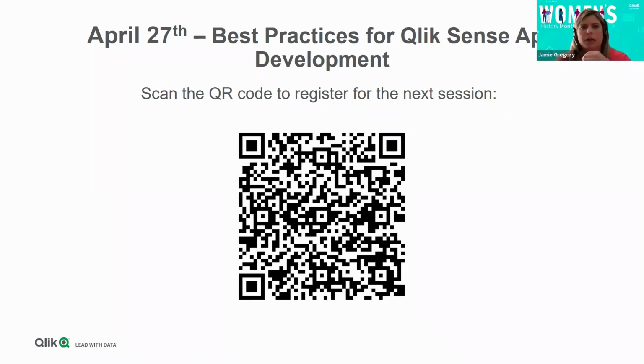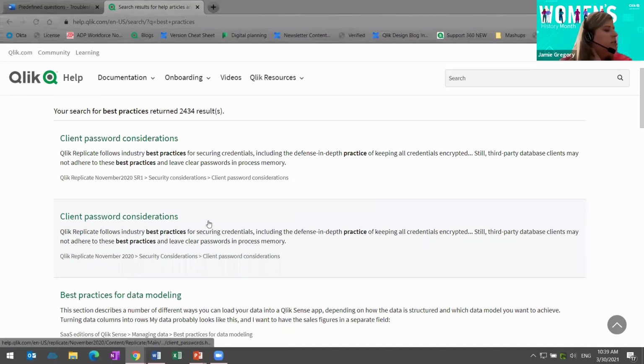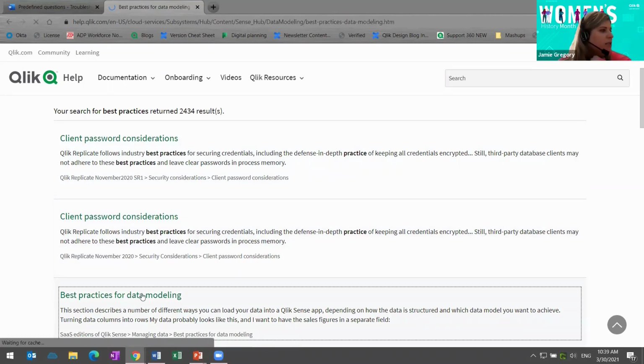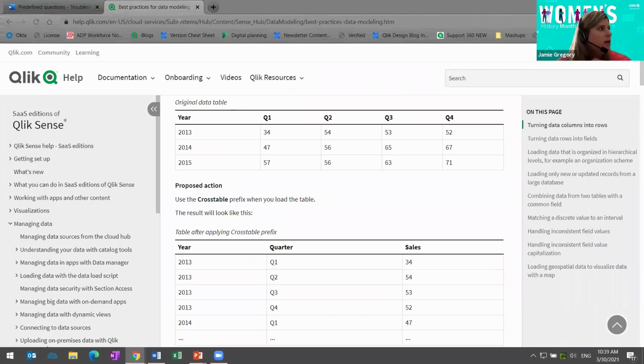I do want to put it out there as well that if you go to help.qlik.com and then go to the Qlik Sense documentation and just search for best practices, there are some articles out there on the help site. One of them is for best practices for data modeling. So you might want to take a look at that. It might help